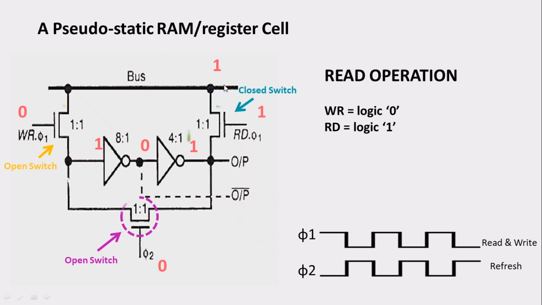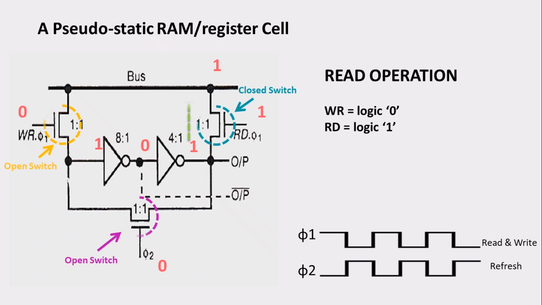The same thing will happen if you have written 0: here you will have 0, here you will have 1, and here you will have 0. The same data will be read. Here you can observe, in the previous cycle we had seen some circuits where the bus reads the inverted form of the logic which had been written. Here, whatever bit you had written into the memory element, the same value will be read across the bus in the read operation. So there is no inverted form and all those things.